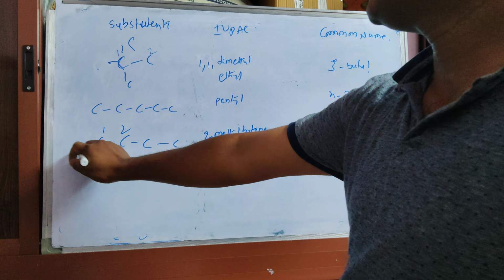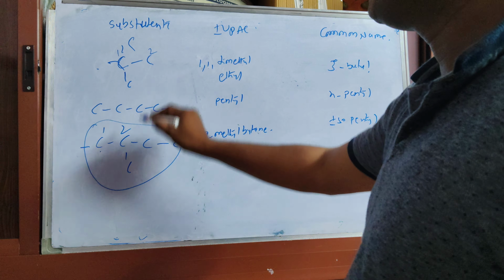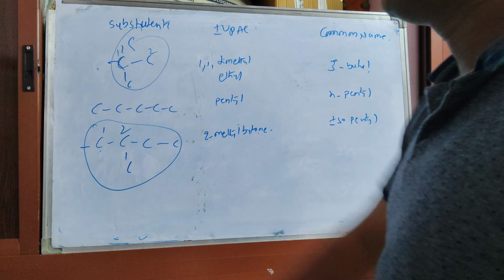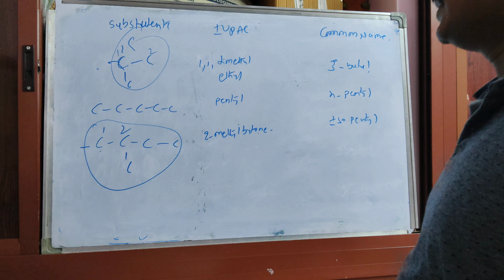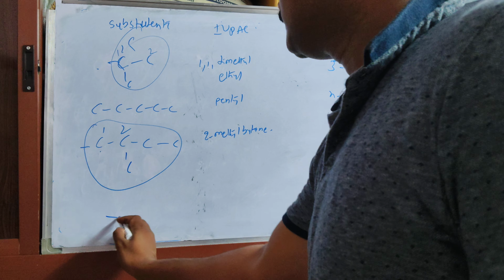We have to give numbering where this is the substituent. This is attached with the substituent. That's why you get the substituent on the second carbon. Here also you have to get the substituent on the second carbon. Then only they need to use the isopentyl. If it is in case of this, it is